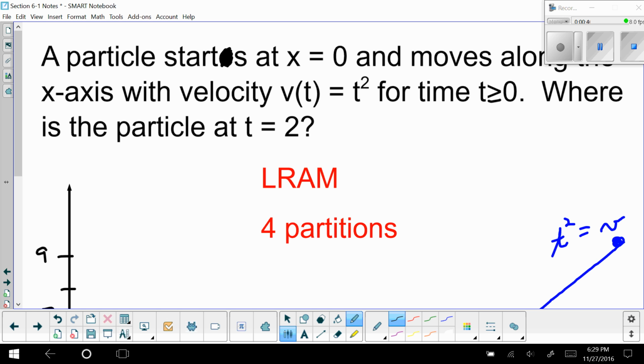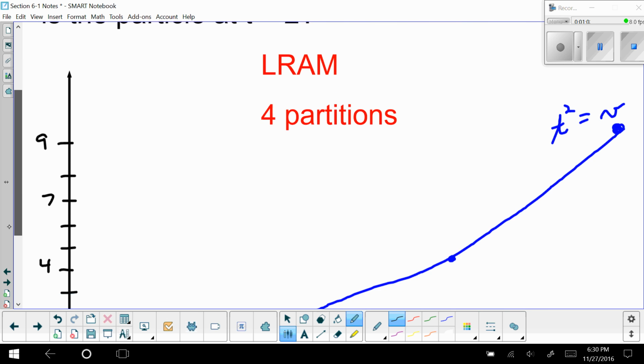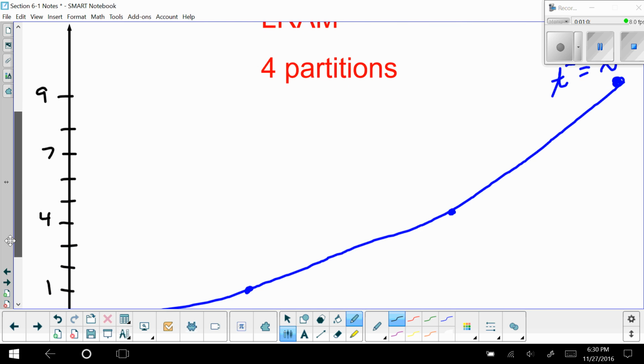And so the simplest shape for us to use is a rectangle. Really the easiest shape because it's the simplest to find the area for. It is the shape that will take us more rectangles to get a good estimate, but it's quick estimates. So if we're dealing with t squared and I'm looking from 0 to 2,